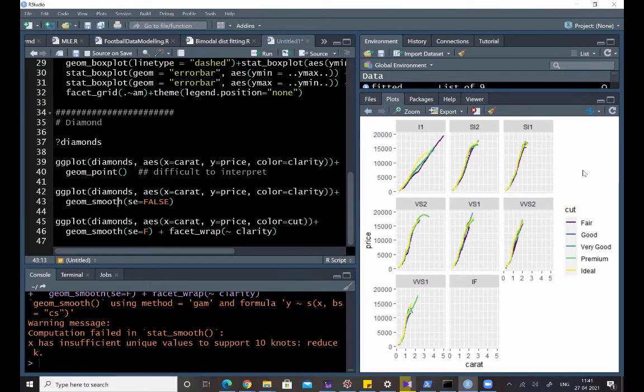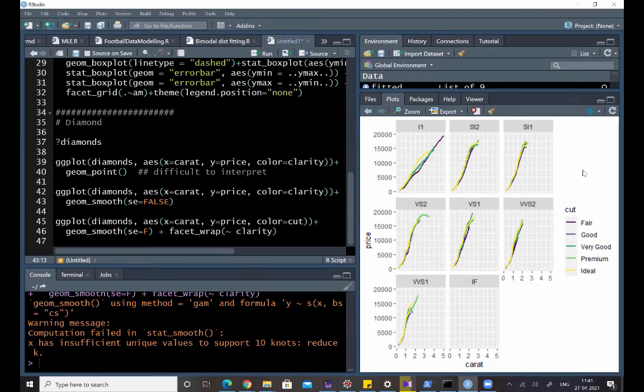So clarity. Yeah. By faceting, basically it will create a subset, and on each subset it will draw a graph. There are about 8 categories of clarity, so for each version of clarity it creates a subset.